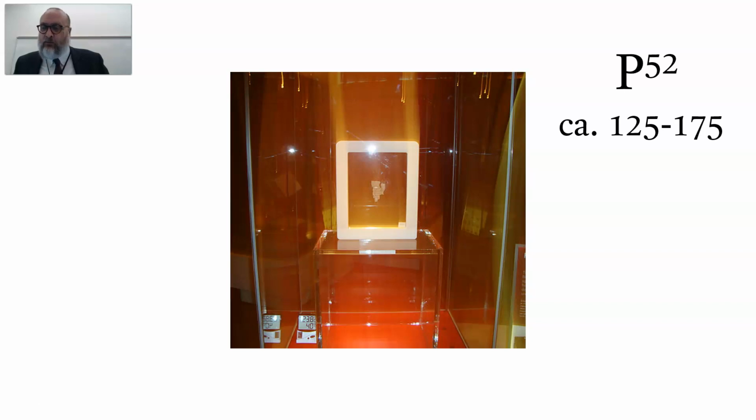This is the copy of P52 that they let us see, and the framing of that is not what I remember it looked like. When we saw it, it had lead framing around it, and it looks like it's in a humidity-controlled environment. Now, that wasn't the case when the guy brought it out for us to see. But this is a passage from John, and we know it's from John because it has the name Pilate on it. And the graduate student who found this was just sifting through, and he saw the name Pilate, and there's so little historic evidence for Pilate, he started looking carefully,